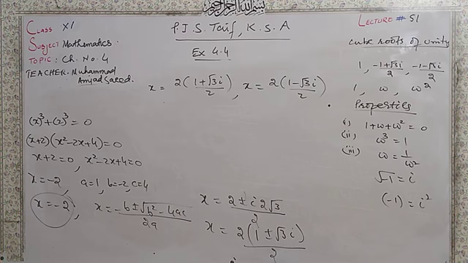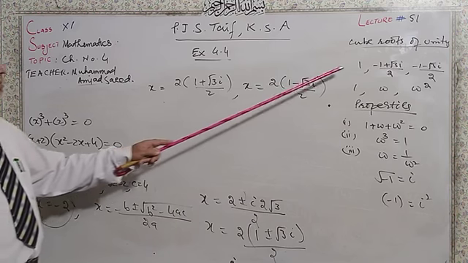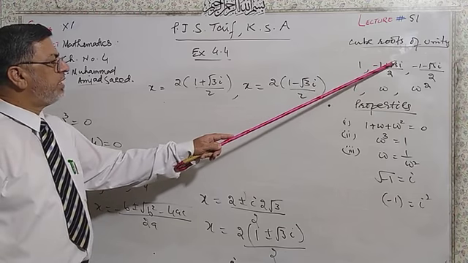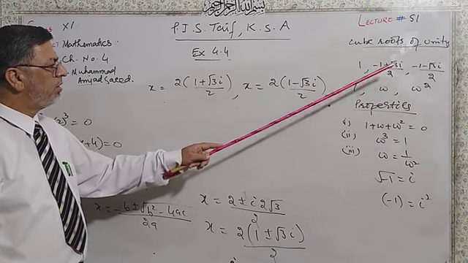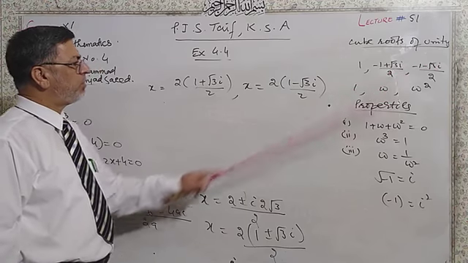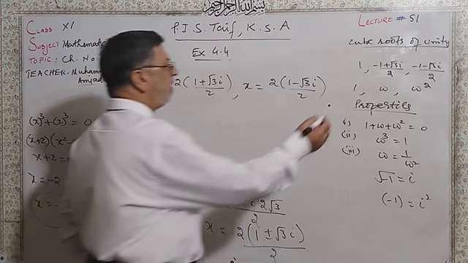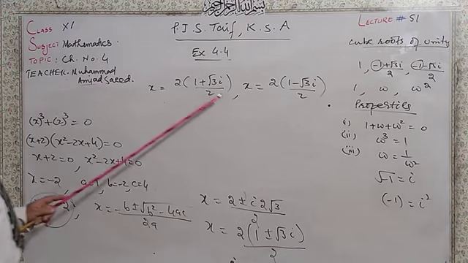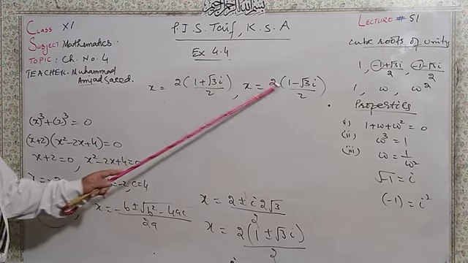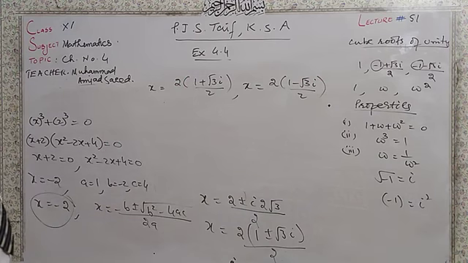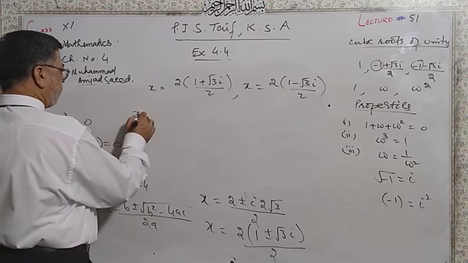But dear students, look at these values. Omega was equal to (-1 + √3 iota) over 2, and omega square was (-1 - √3 iota) over 2. You have seen that here was minus 1, but here we do not have any negative sign. Before 1 we do not have negative sign. So what we'll do? Dear students, multiply